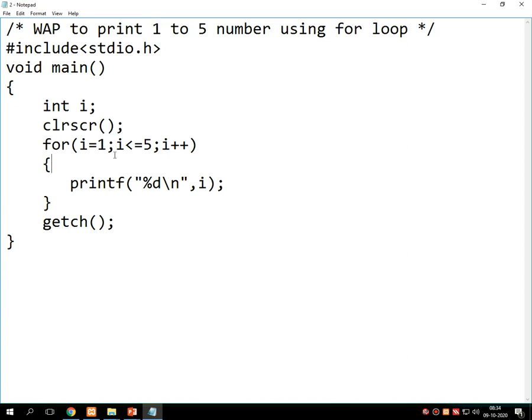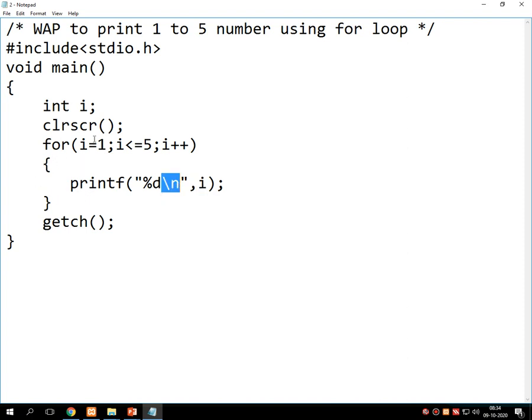It's a part of syntax that we have discussed in the theory. Then I less than equals to 5, it is a condition. Then again it is followed by the semicolon. Every time I want to increment the value of I by 1, that means I need an increment operator. So here I have mentioned the postfix increment operator. Even you can go for the prefix increment operator, but generally the postfix increment operator is widely used. Then into the brackets, I am simply printing the value of I on every new line.